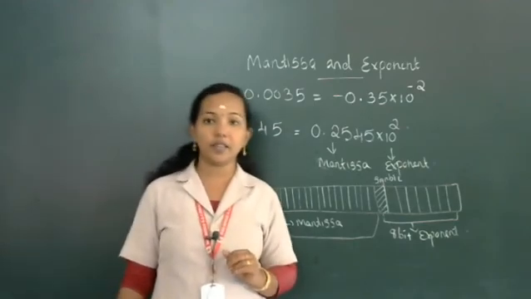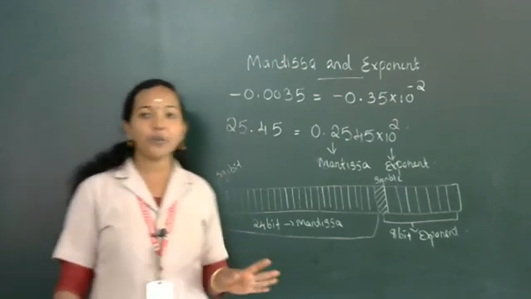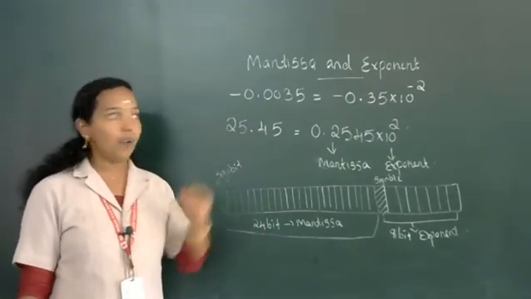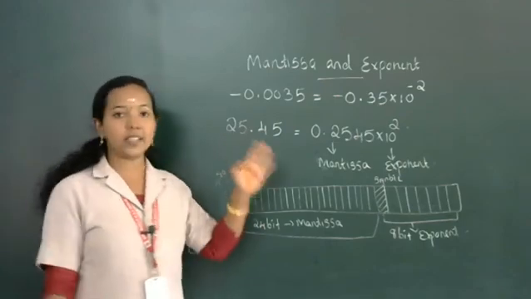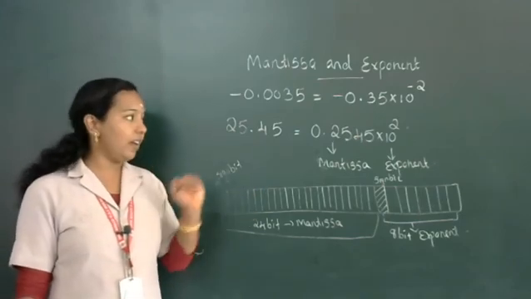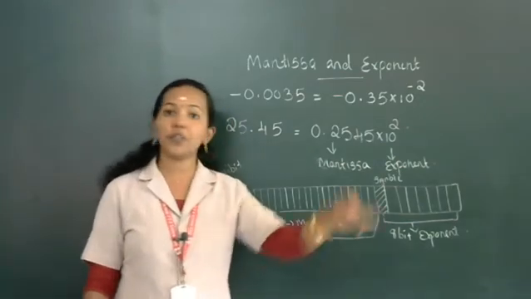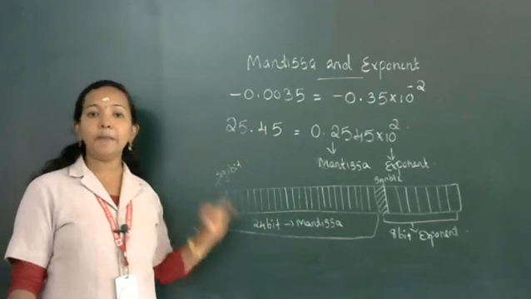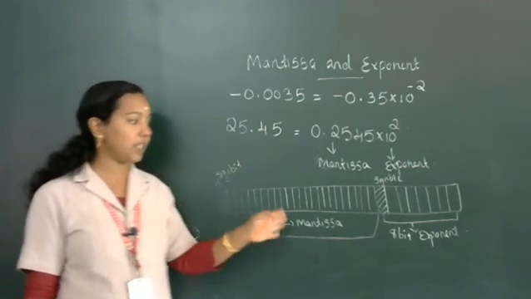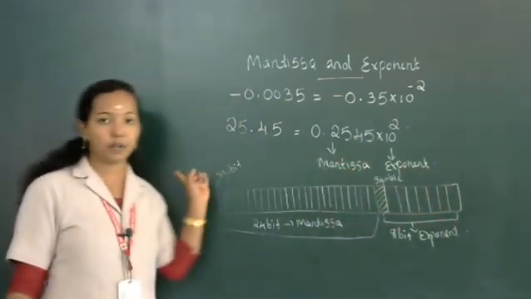Then you want to write one question in your notebook. You want to convert a fractional number 35.45 into mantissa and exponent format. You don't want to do any of the conversion. How do we write it? First convert that number into mantissa and exponent like this, and then write in words: in exponent and mantissa format, 24 bits are for the mantissa and 8 bits for the exponent. From the 24 bits, the leftmost bit is known as the sign bit. In the 8 bits, the leftmost bit, 1 bit, is reserved for sign, and then you want to draw this diagram in your notebook.